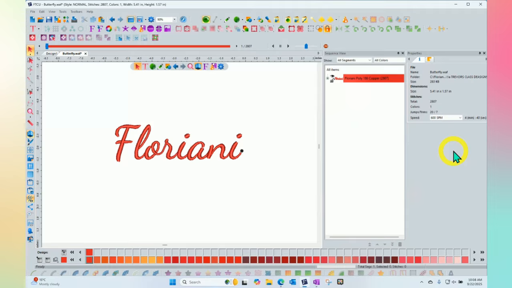And our topic for this week is about how to use the Floriani Rainbow tool to blend colors together. And so to get started, I've created the word Floriani using the dancing script. And I have it already on my workspace. And so I guess to get started with blending colors using the rainbow tool, I would need to first of